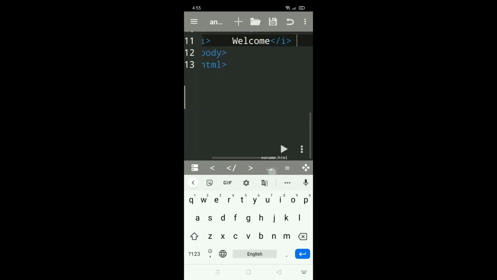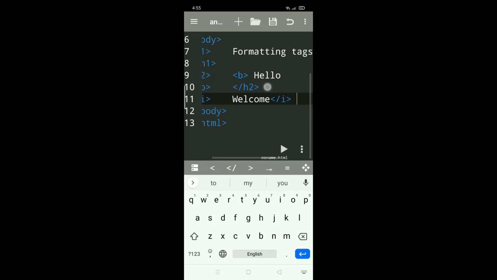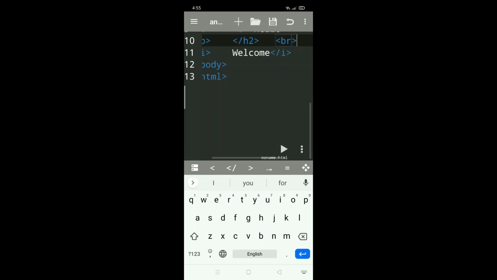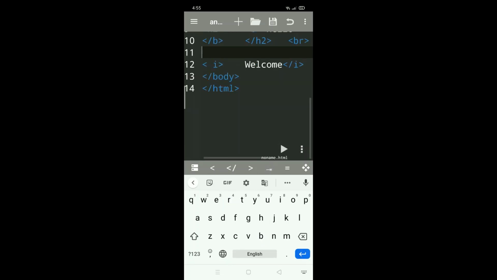Next press enter. I want to display this welcome in the next line, so you need to use a break. For that purpose you use the BR. Next select this and press enter.